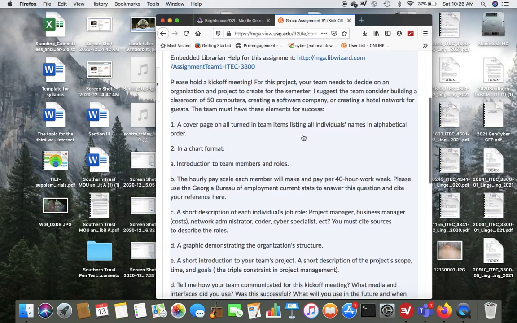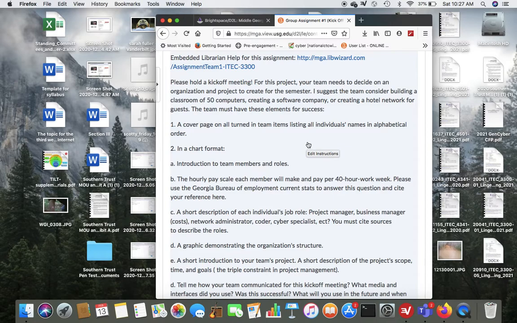Okay, for this project, your team is going to decide on an organization or a company that has a web presence. We want to be able to use information from a website to help you create your project and have some information on a company or organization. You can also use a university.